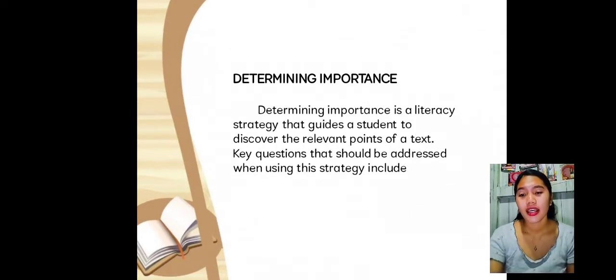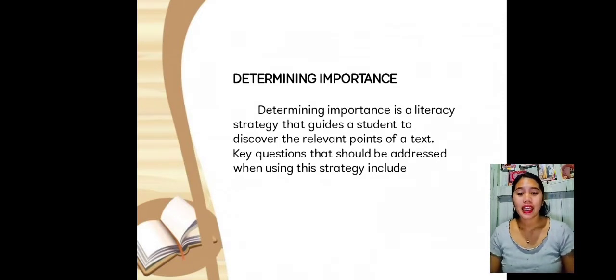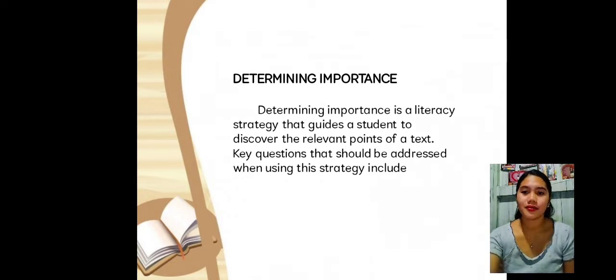Next is determining importance. Determining importance is a literacy strategy that guides students to discover the relevant points of a text. Questions that should be addressed when using the strategy include: